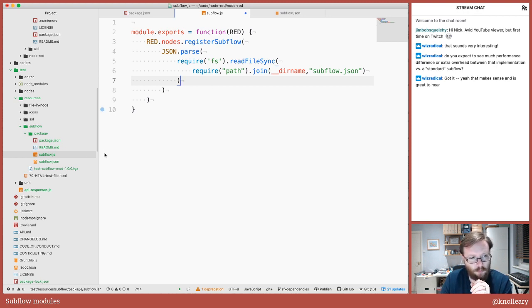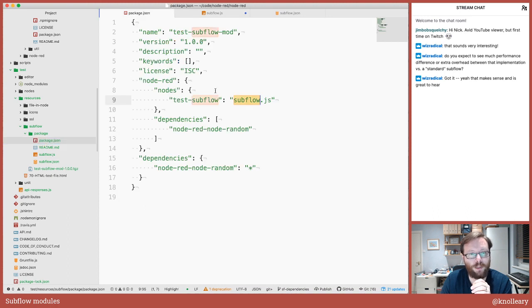We did contemplate, well, from the package.json, why don't we just point straight at the JSON file, subflow.json, and not bother having that boilerplate JavaScript? This is where the npm terms of use have to be read quite carefully. When we started designing this feature, a couple of years ago, the initial sketch of an idea, the terms of use for npm